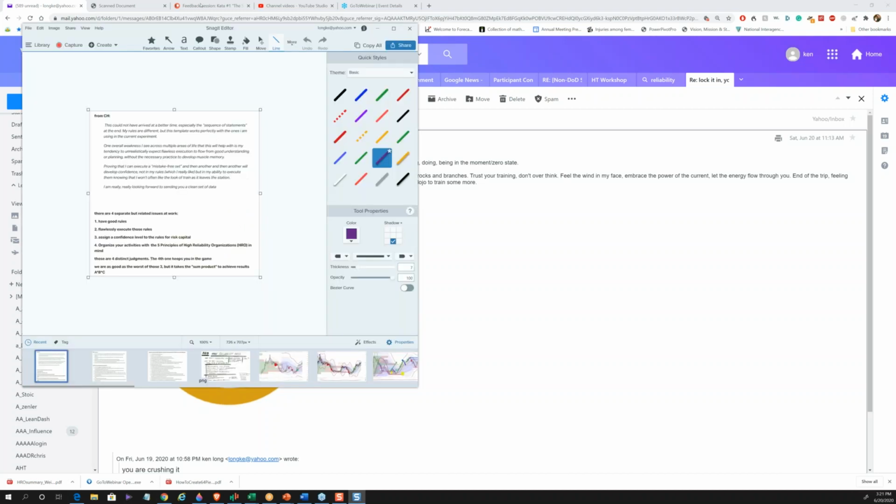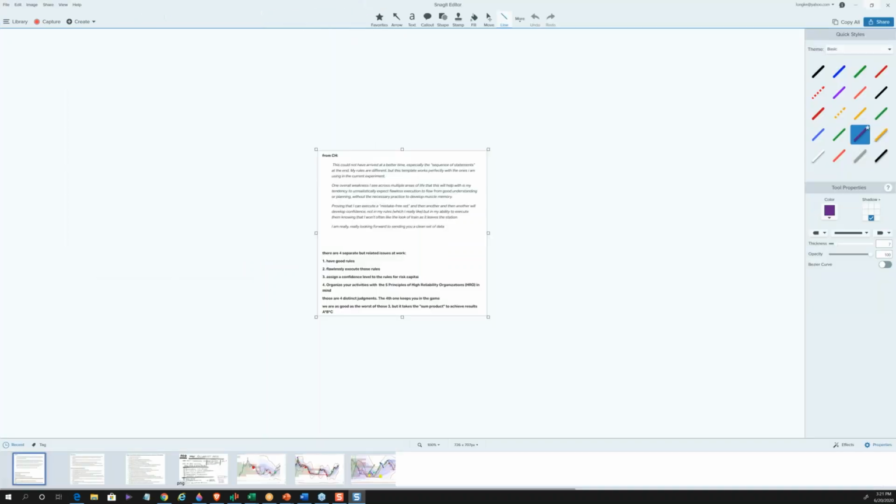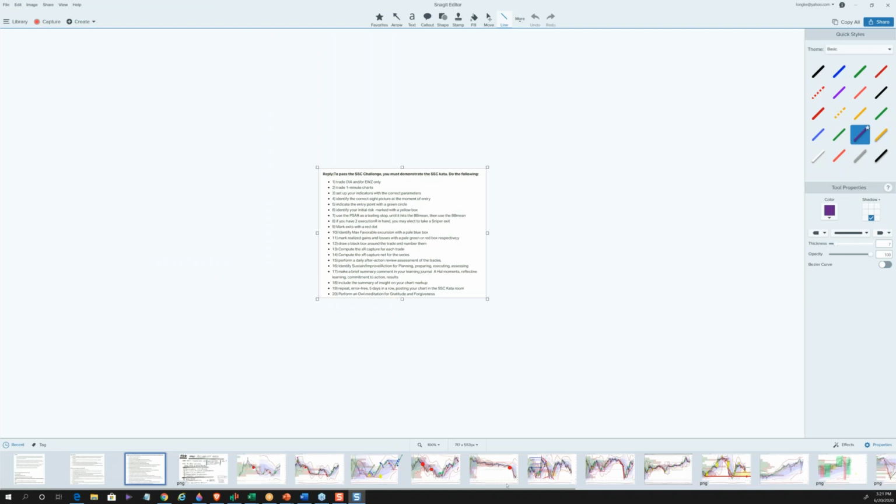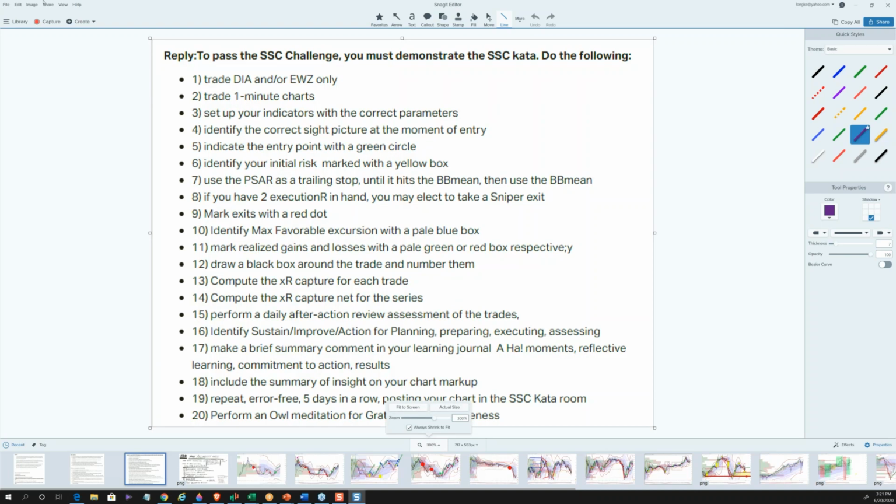What is the kata, you ask? Good question. Now, here's why the kata matters. I'm going to go through this. What's the kata? It's pretty straightforward. But the kata is connected to this summary of